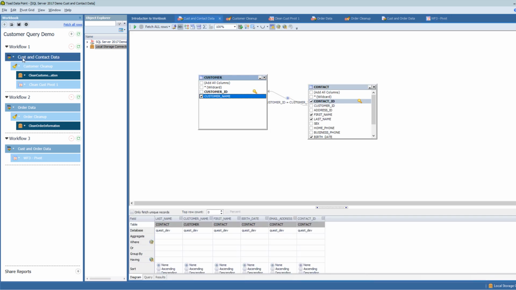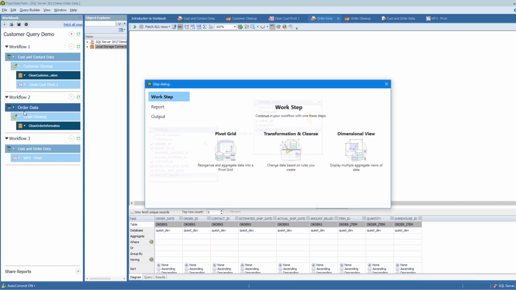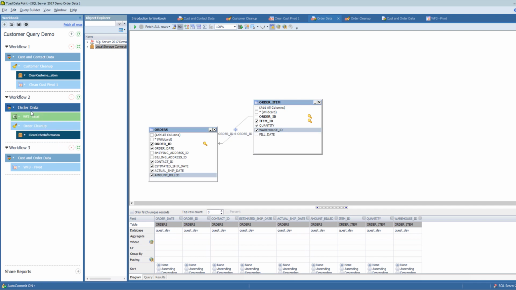So what we're showing here is that off of every level of a hierarchy, you can add a sub-item. So let's go ahead and actually do that now in workflow 2 so you can see how that works. So here we've got order data. And again, we've added some cleanup on this order data, but let's not go to that cleanup. Let's start with this basic order data. Click here, and then let's add, for example, a report, an Excel report, right off of this order data. And so what this will produce right here is, before it even gets to the cleanup, it's going to output this data to Excel. And so we'll call it Excel report of orders.